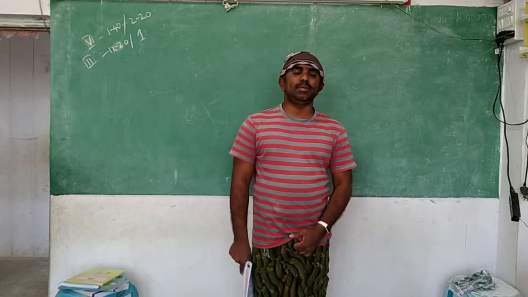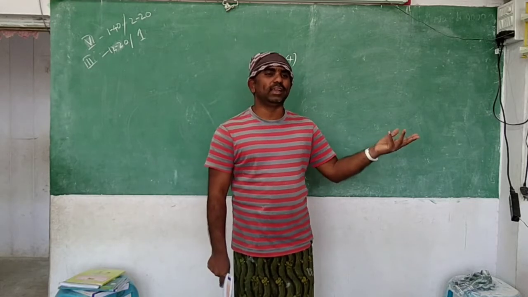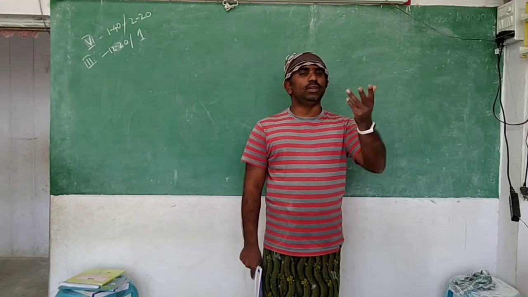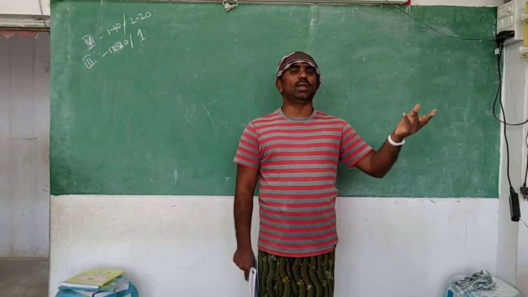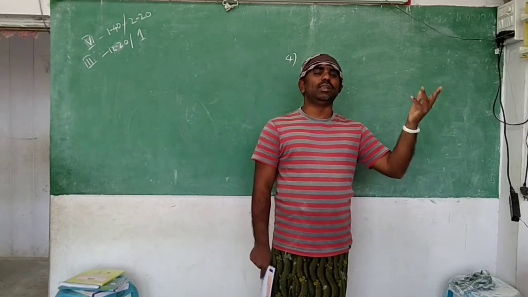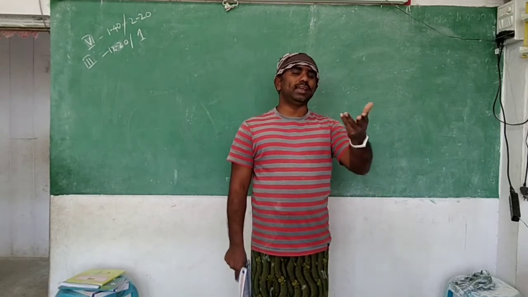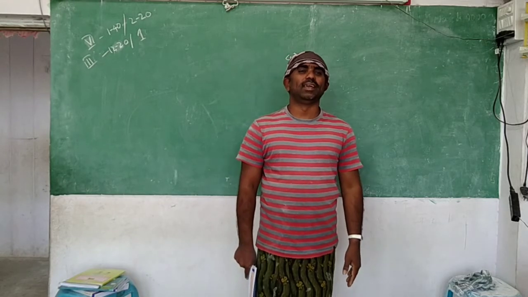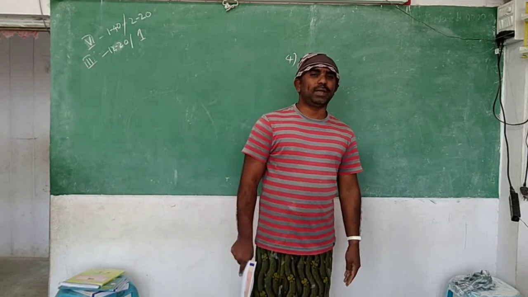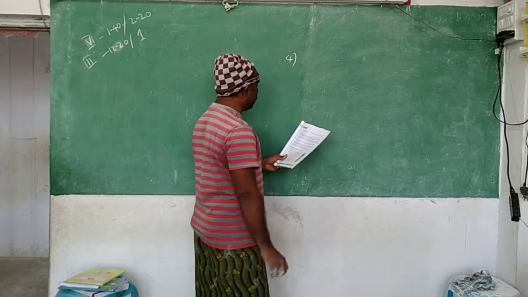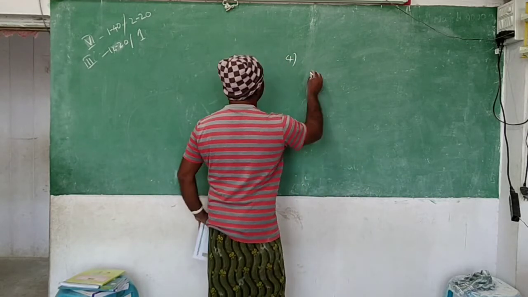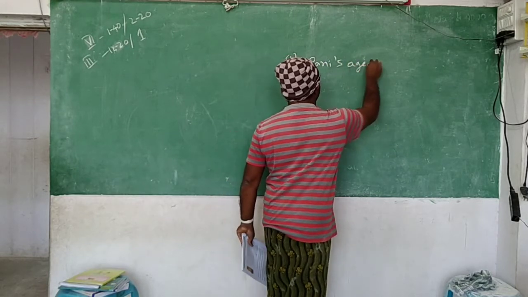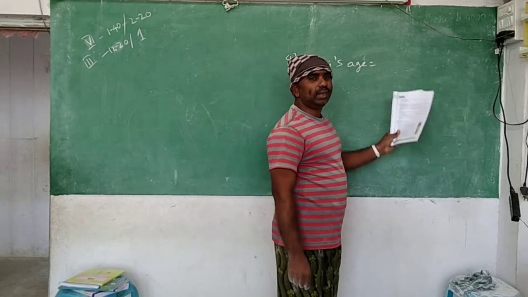Very good. 3 times. Times, we did yesterday only. Times means what should we do? Multiplication. 1 time means 1 table. 2 times, 2 table. 3 times, 3 table. 4 times, 4 table. Already in the magic pipe problems we did yesterday. Do you remember? In magic pipe problems I said like that only you can do this. So what can we do here? First of all, what am I writing here? Rani's age. So how many years do you write?